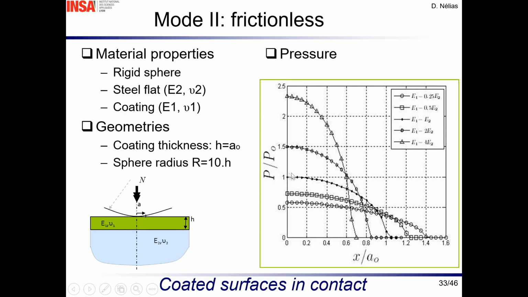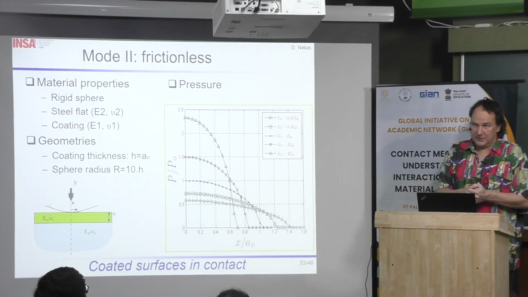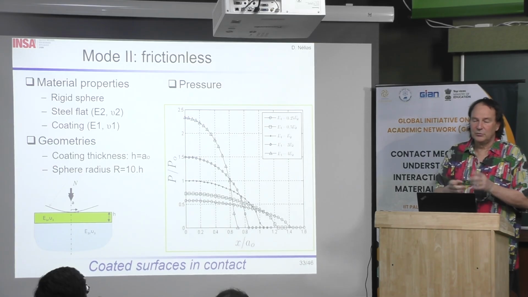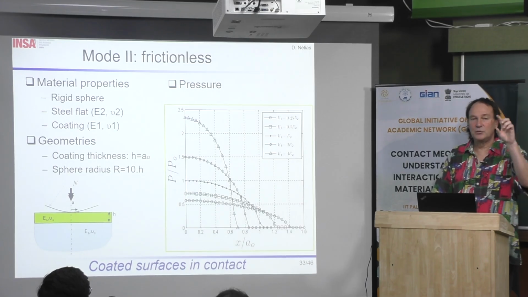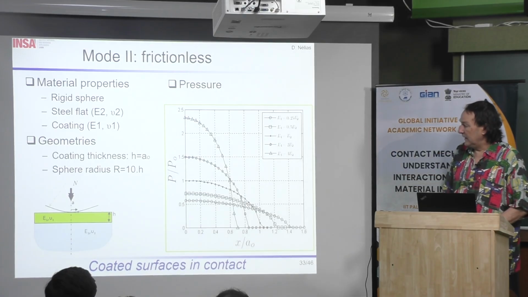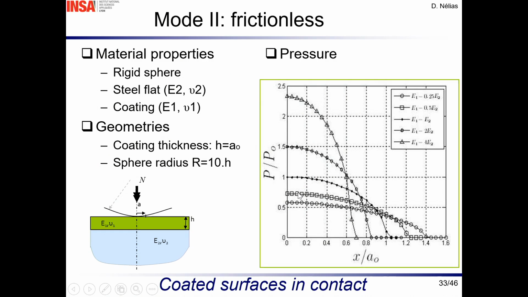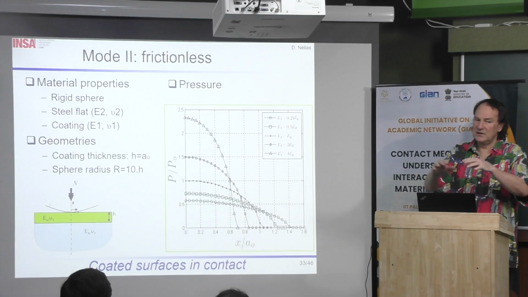When you have a very hard coating, for example this one here corresponds to a coating which is 4 times stiffer than the substrate, you increase the maximum contact pressure, which is normal, because the same happens if you simulate the contact pressure for two different materials. The higher the Young's modulus, the smaller the contact area, and the higher the pressure. Below, you have the same solution when the coating is softer. Then you decrease the maximum contact pressure, and the contact is larger.